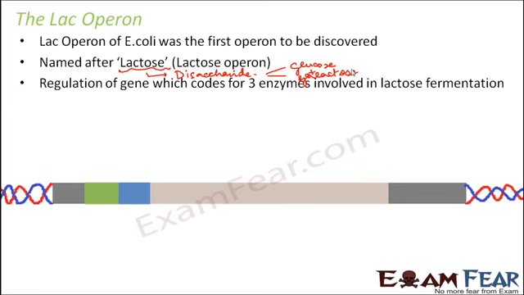So please understand what is the purpose of Lac Operon. Lac Operon is an operon where regulation of gene expression has been shown. So which genes are being controlled here? The genes which result in the formation of proteins which act as enzymes for fermentation of lactose. So before we proceed, we need to know which are the enzymes involved in lactose fermentation and which are the genes that control the synthesis of those enzymes.